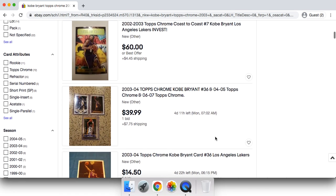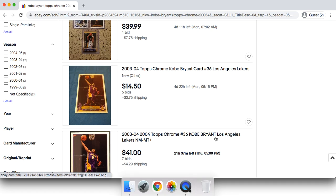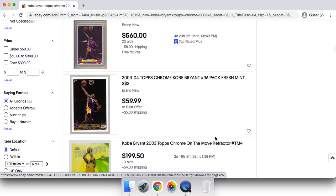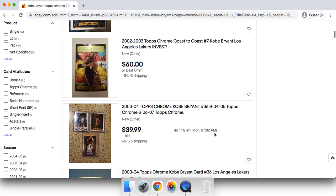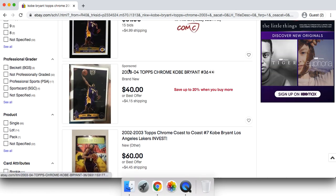As you guys know, 86 Fleer is super iconic. 2008 Topps Chrome is very iconic now. The next sets, I believe, are going to be 1996 Topps Chrome and 2003 Topps Chrome. And Kobe's one of the biggest icons from this generation, and his documentary is going to come out. I believe all of his Topps Chromes are going to be very high, a lot more than they are right